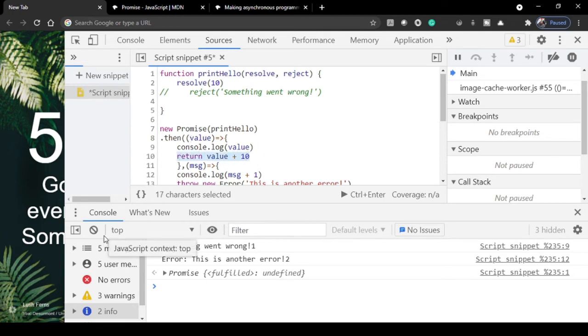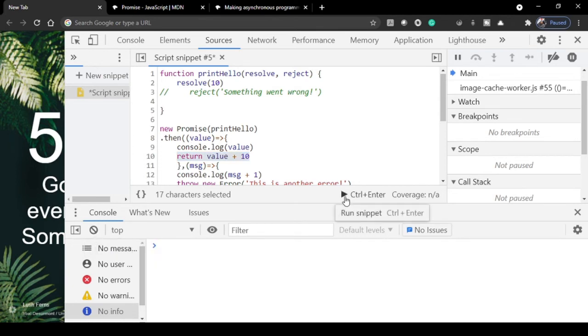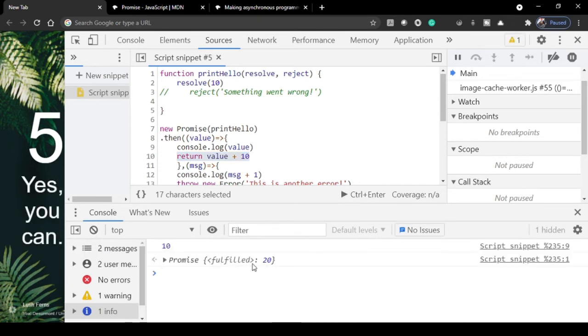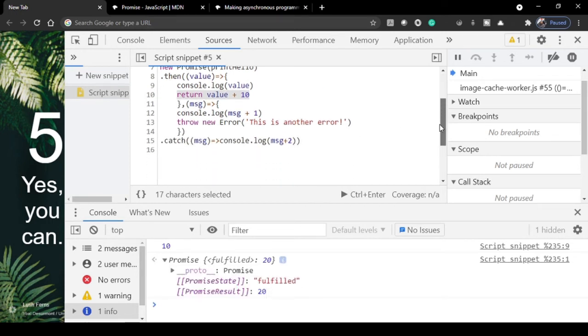So now if I run it now, let's clean it and then rerun, you see now it is fulfilled, but it's returning a value called 10. So that means if I would like to add one more then operation dot then, I can again take this value